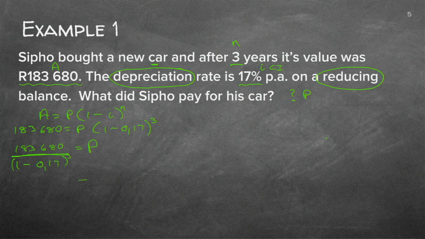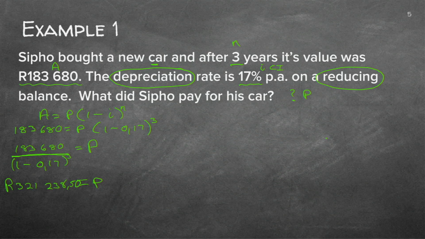And all you do on your calculator, you click all of that. You use the fraction button. It's easiest to do that. On the top you put 183,680. Double check and make sure that you ticked it incorrectly, and you go down with the cursor. You put your bracket 1 minus 0.17, close your bracket, to the power of 3. Remember, to the power of, is that X with a little block on the top, equals 321,238.50. So there is the amount.